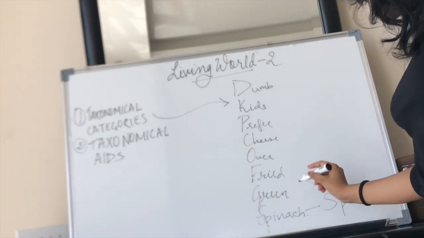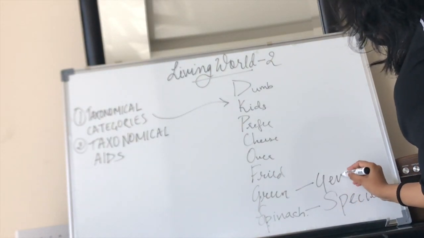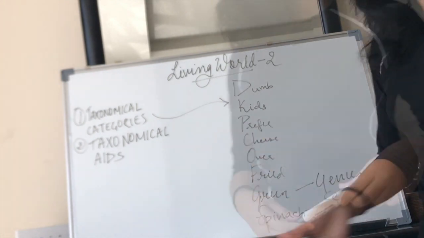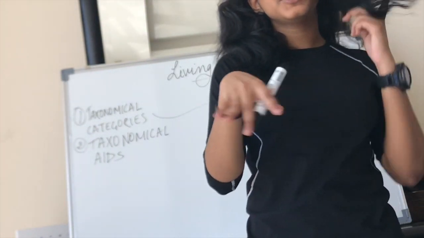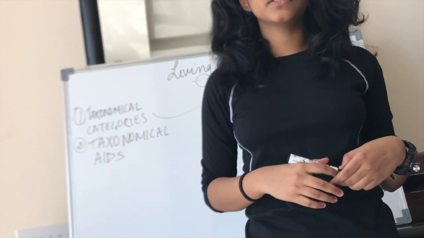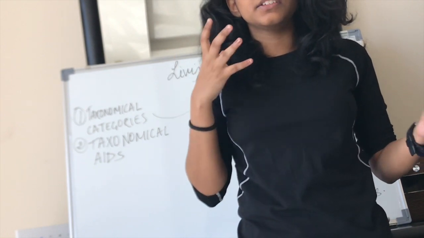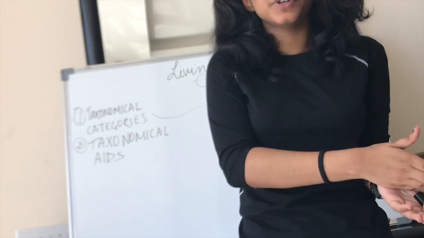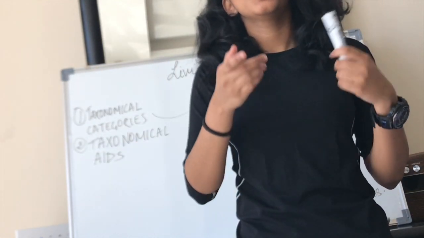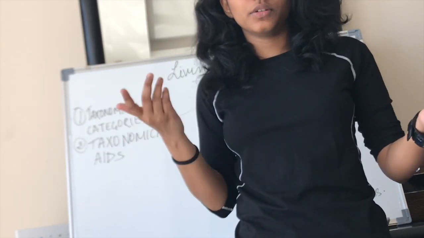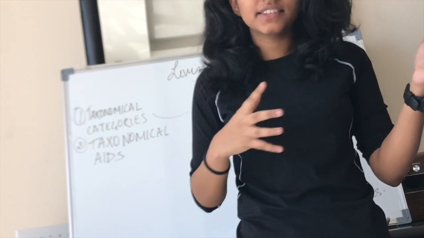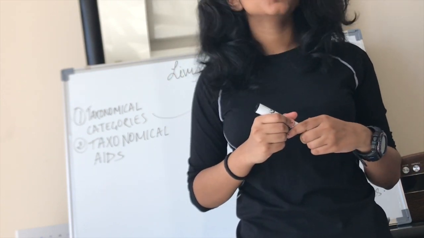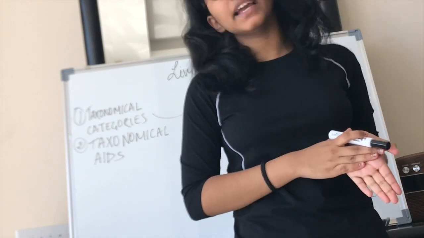As we all know, the next category will be genus. So spinach, green for genus. We've already covered pretty much of the genus part in species. That is, genus is basically related species like Panthera leo, Panthera tigris, Solanum tuberosum, Solanum melongena, and also all species of cats together form a particular genus known as Felis. These are all examples from NCERT.